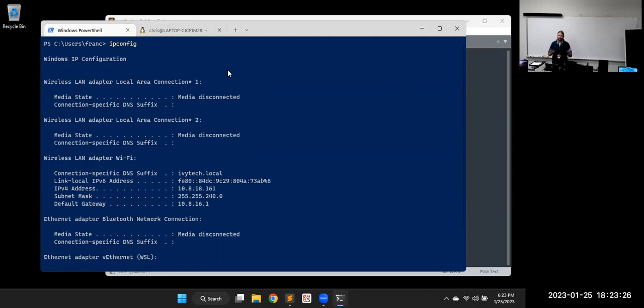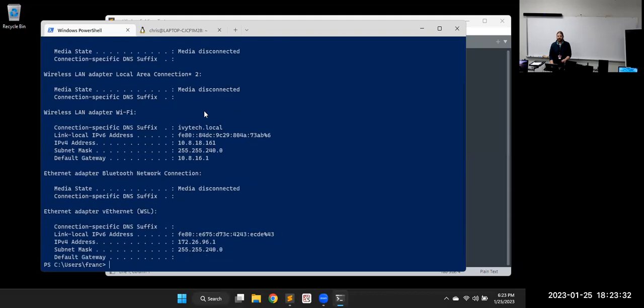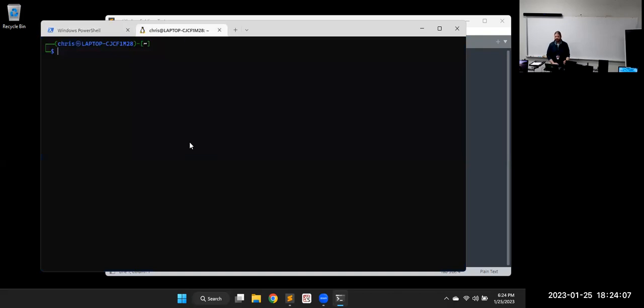If you haven't seen that before on a Windows machine, it tells us how we're set up for the network connections. As I scroll down through here, you'll see all the IP addresses and stuff. And then down here, Ethernet. Those in the classroom, y'all can clearly see there is definitely not an Ethernet cable plugged into my laptop right now. But it thinks there is, and it's the WSL. It creates a network from your Windows machine to a Linux machine, and that's what this Kali one is here.